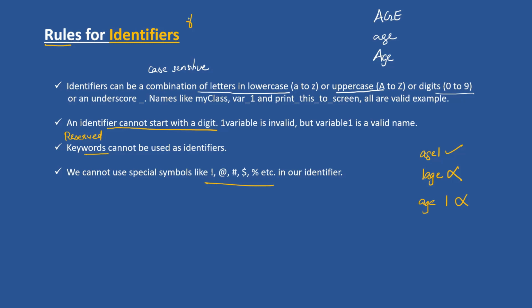Okay, then functions, then we will be discussing about the class. All these things, for all these things also we will be giving the names. So the names given to any kind of entity, we can call it as the identifiers. Okay, so these are the rules for the